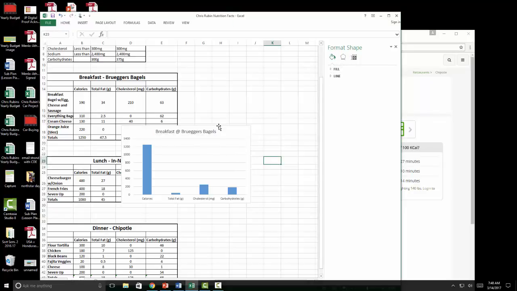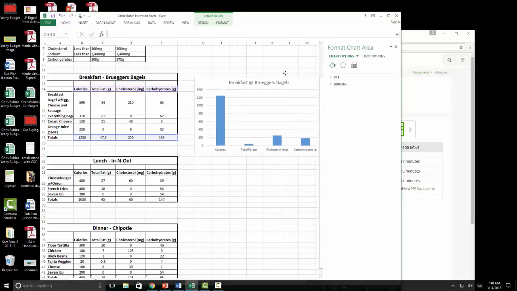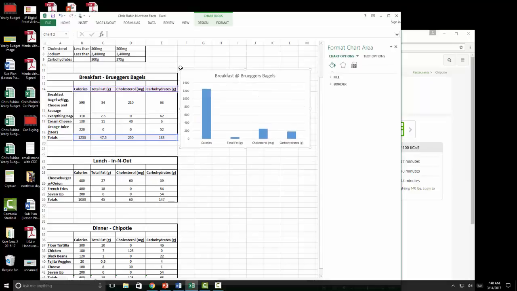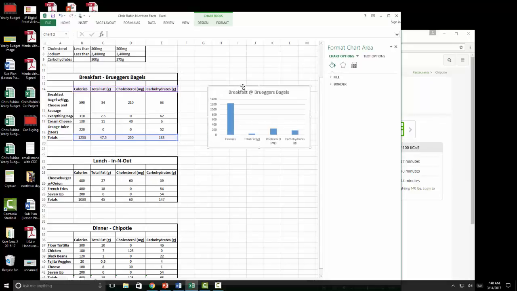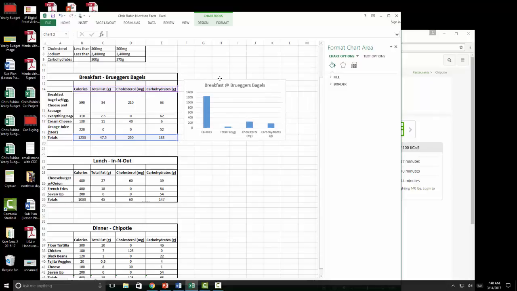And then I'm going to take this chart and position it right next to the chart that I created. Before we move on, though, I want to format my chart. So to do that,